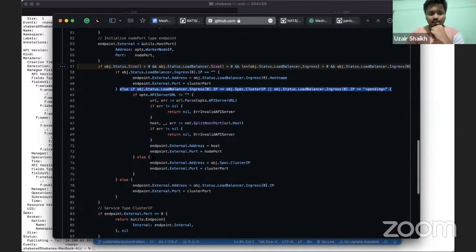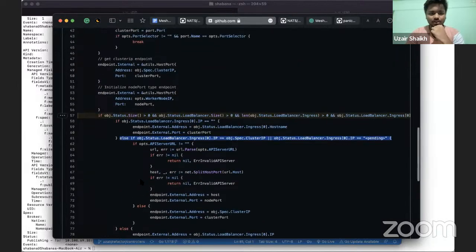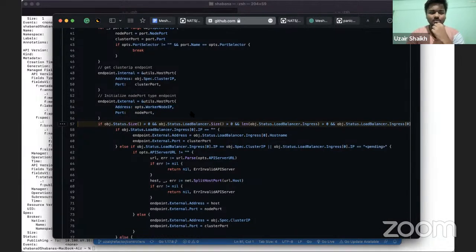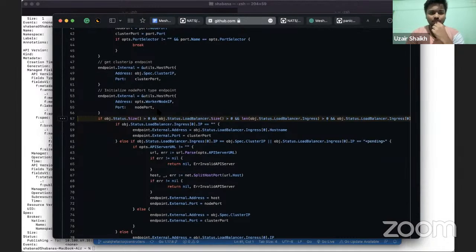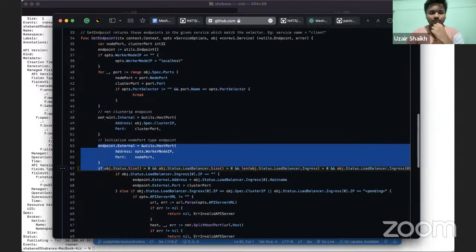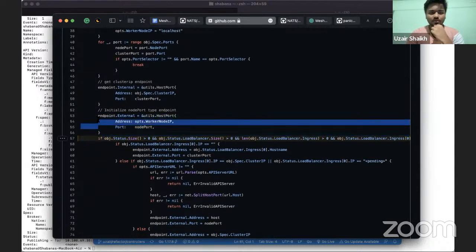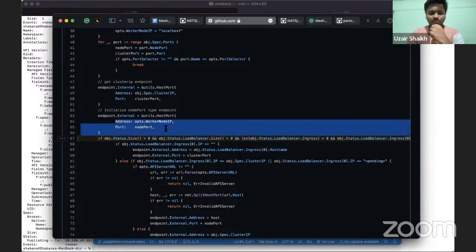And if it is still in pending state, we also populate this address, like this node port is populated and address is populated, because of which I think it is conflicting behavior. So before proceeding with removing this or making this function correct, I want to ask whether this behavior is relevant, or why is this such a behavior?